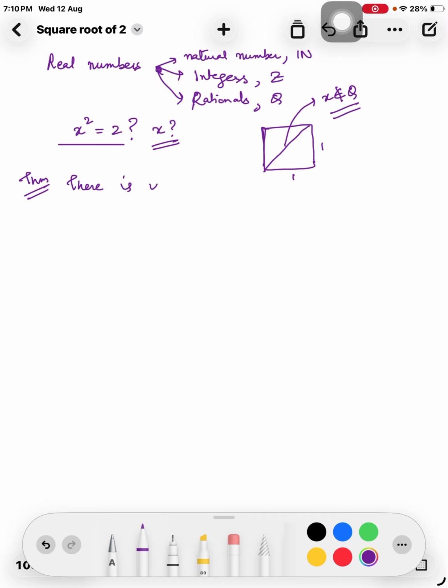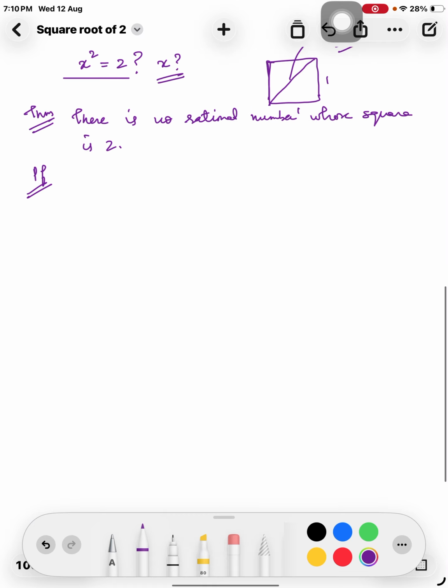that there is no rational number whose square is 2. We use the method of contradiction to prove this. Contradiction means we will assume the opposite of what we have to prove and then proceed, and while proving we come to a point where we get a statement which is incorrect. That means the statement we had assumed was wrong. So we say, suppose